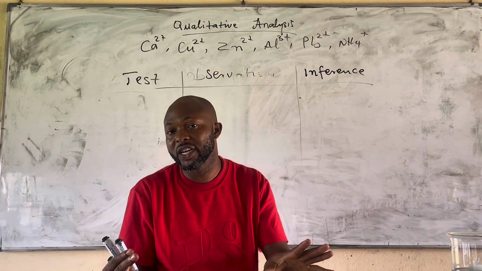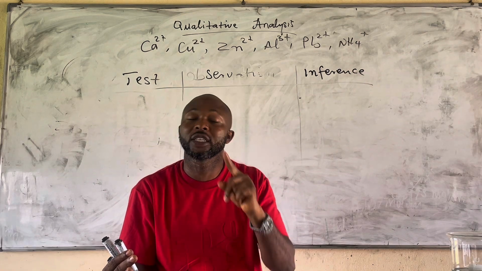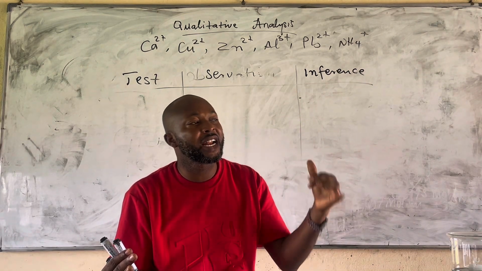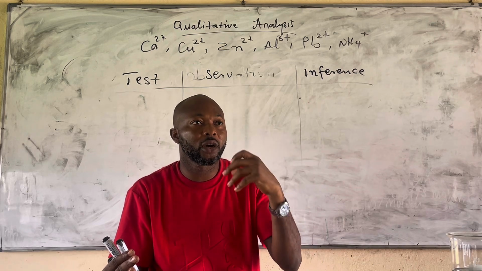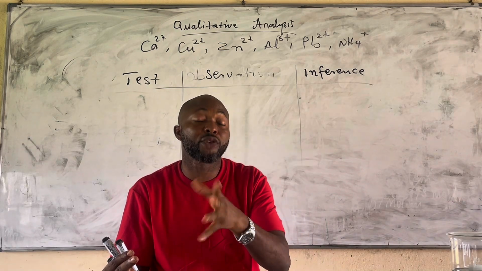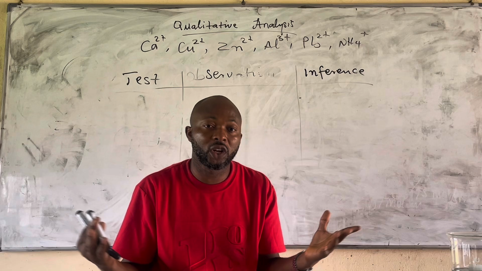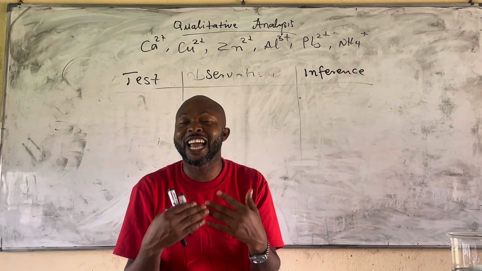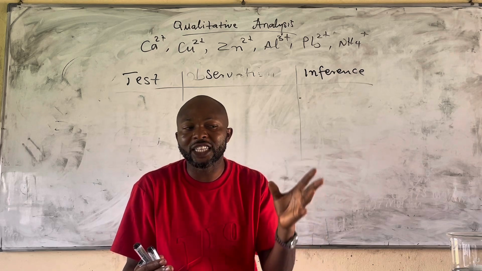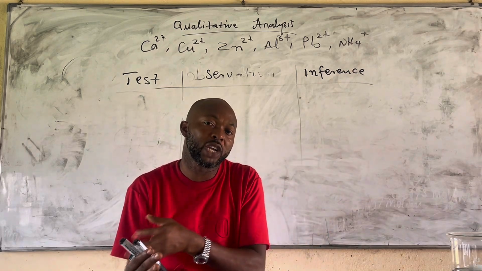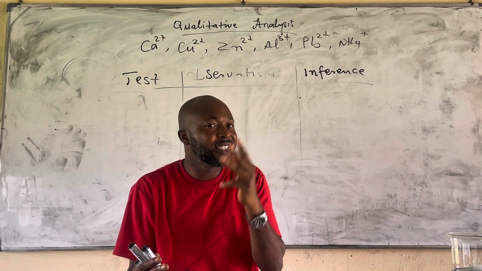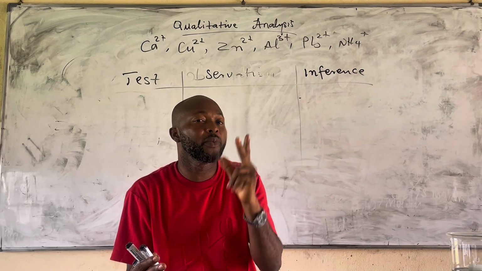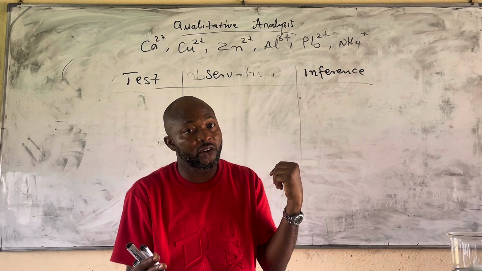Iron 2 is a light green gelatinous precipitate in drops, which is insoluble in excess sodium hydroxide and ammonia solution. And iron 3 gives us a reddish brown, sometimes called brownish, gelatinous precipitate, which is insoluble in excess of sodium hydroxide. But with those same reactions when we try them with ammonia solution, we realize that zinc that was soluble, aluminium and lead that were soluble with sodium hydroxide